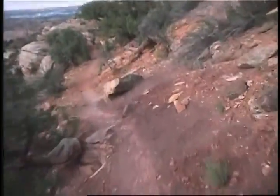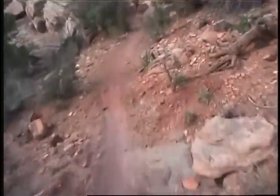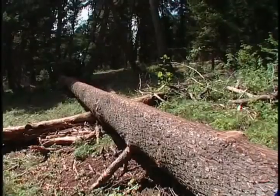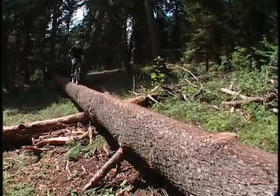Rider skills and bike technology have grown immensely since the birth of mountain biking. Today's riders are seeking out more challenging trails. Technical trails don't require mountains. You can work with what you have no matter where you are, and you can create a very technical trail